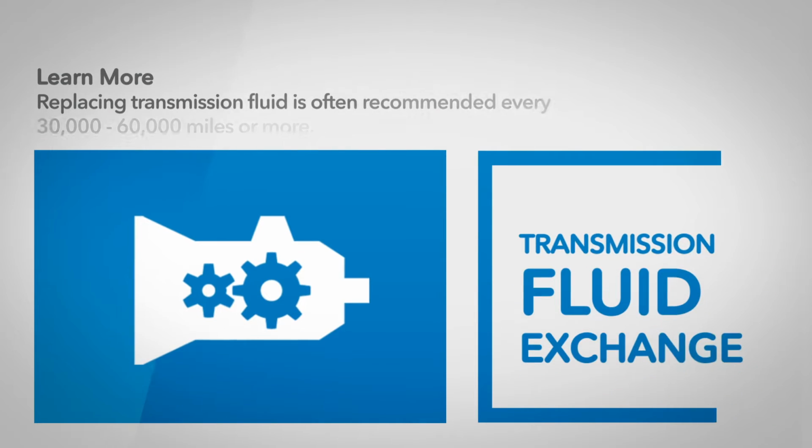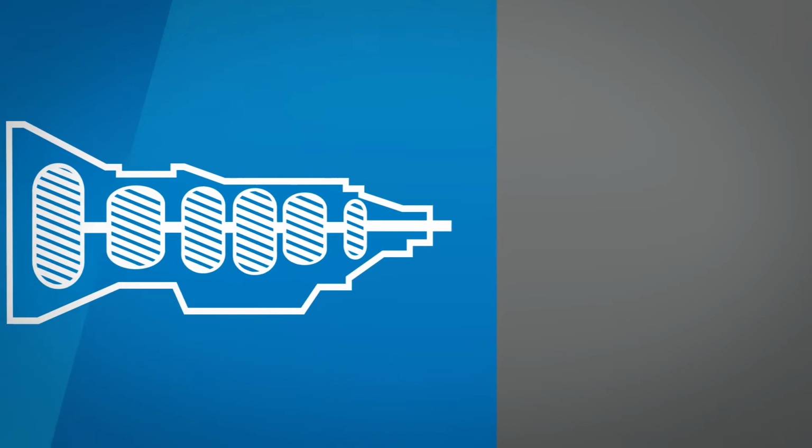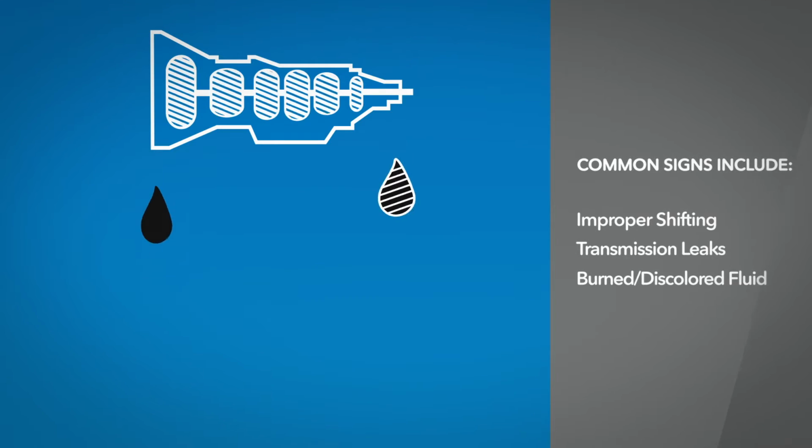Replacing transmission fluid is often recommended every 30,000 to 60,000 miles or more. Along with regular maintenance intervals, common signs your transmission needs service include improper shifting, transmission leaks, or burned or discolored